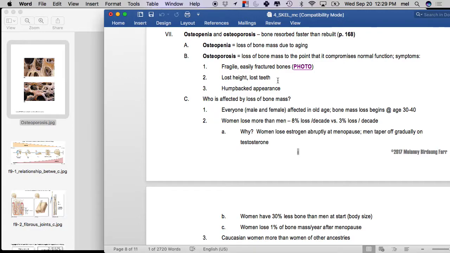But it's not tooth loss because of tooth decay or even because of gingivitis necessarily. It's because, what are those little pockets in your maxilla and your mandible called that hold onto your teeth? Alveoli, right? Alveolus is singular. So what happens in a person with a decent amount of bone mass is the alveolus is pretty deep and it holds on to the tooth. And then as you start to lose your bone mass, it gets more shallow, right? And then you can lose perfectly healthy teeth because of osteoporosis. Does that make sense? Nothing may actually be wrong with your teeth at all. You're just losing your teeth because you've lost your bone mass.